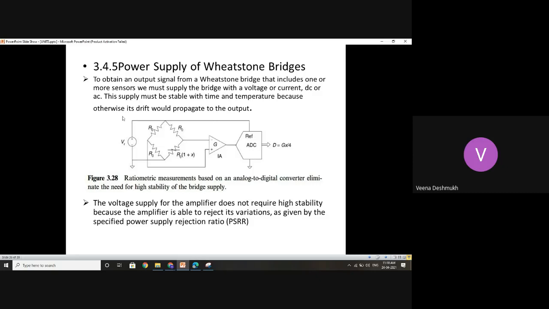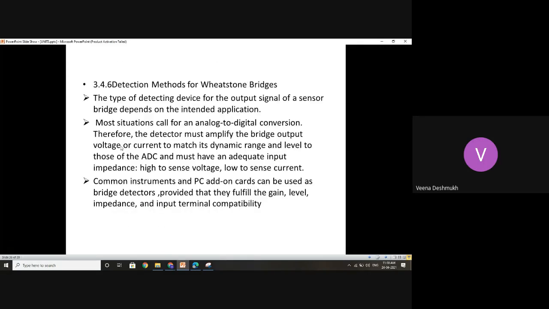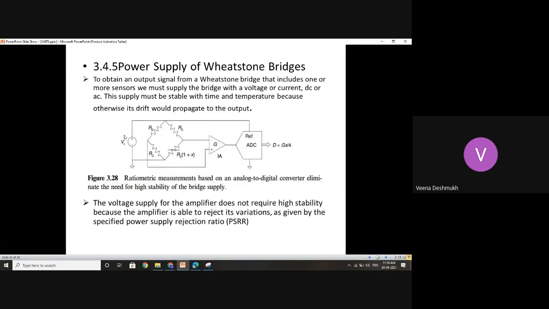And because of these variations, the voltage variation happening due to time and temperature, naturally the supply, if it is designed for say 5 volts, then the voltage may drift, usually on the higher side. So even if it drifts around 100 millivolts, as we all know, these resistor sensors are giving us voltages of the order of few millivolts, and the bridges are basically used to sense a smaller variation of the order of millivolts.